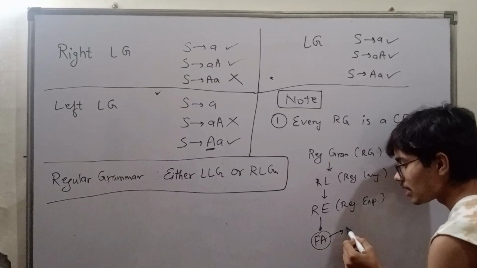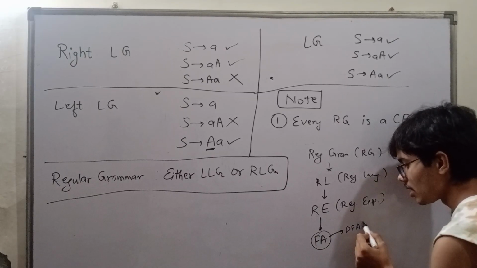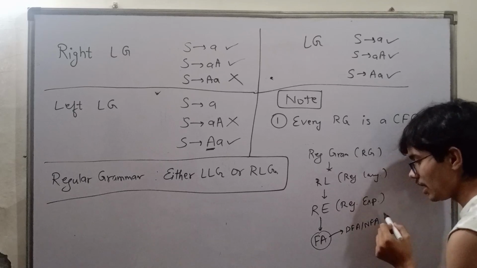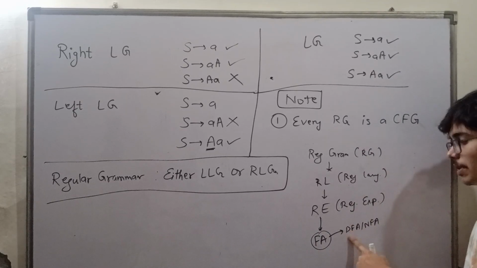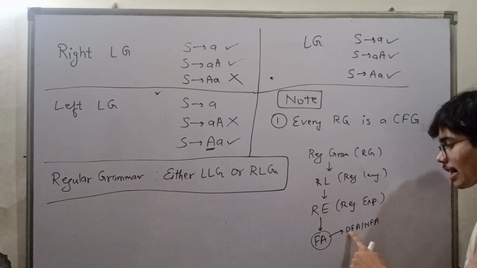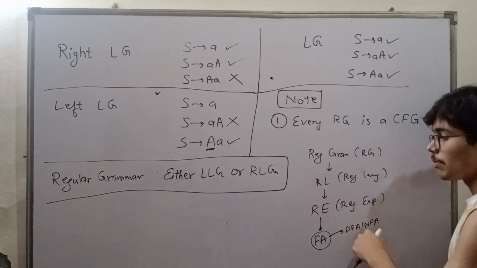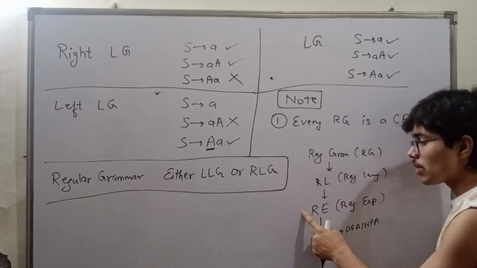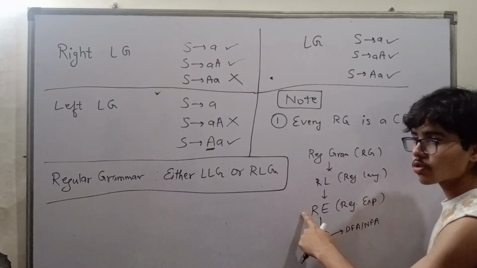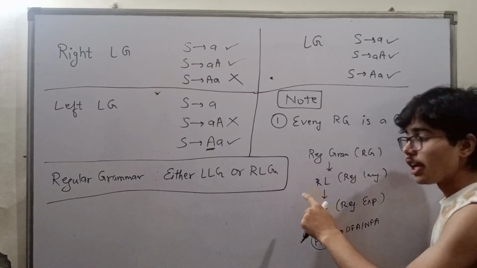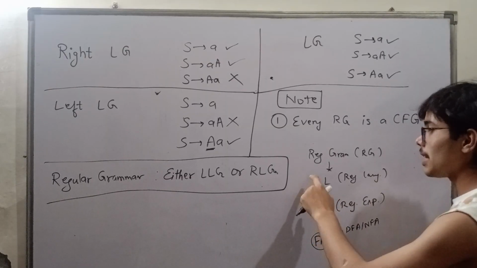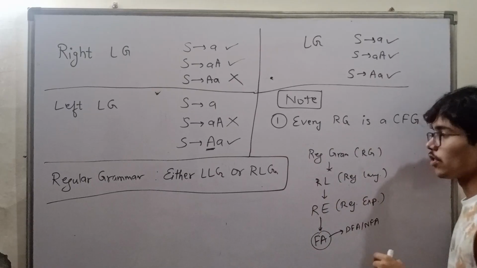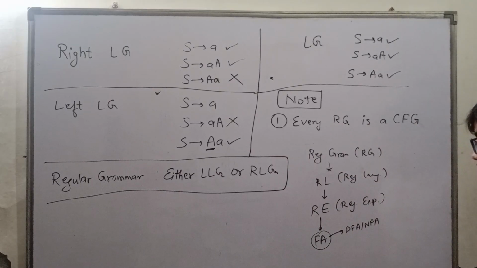Finite automata means DFA and NFA. DFA and NFA can be made. Okay, that means the machine can be made. Or you can analyze it the other way: if a machine can be made, you can write an equivalent regular language, a regular expression also. If you write a regular expression, you can analyze the regular language contained by it, and you can make a regular grammar of this. Okay, this is how these things work.